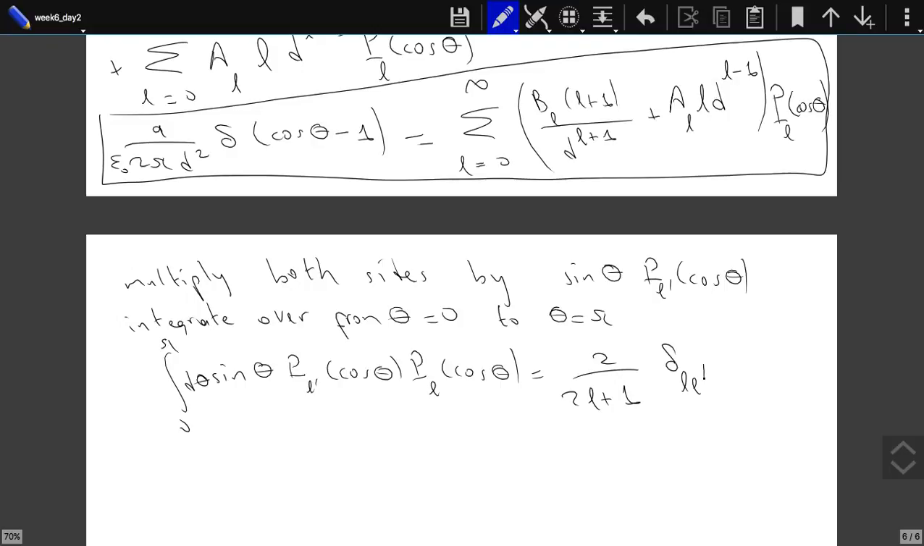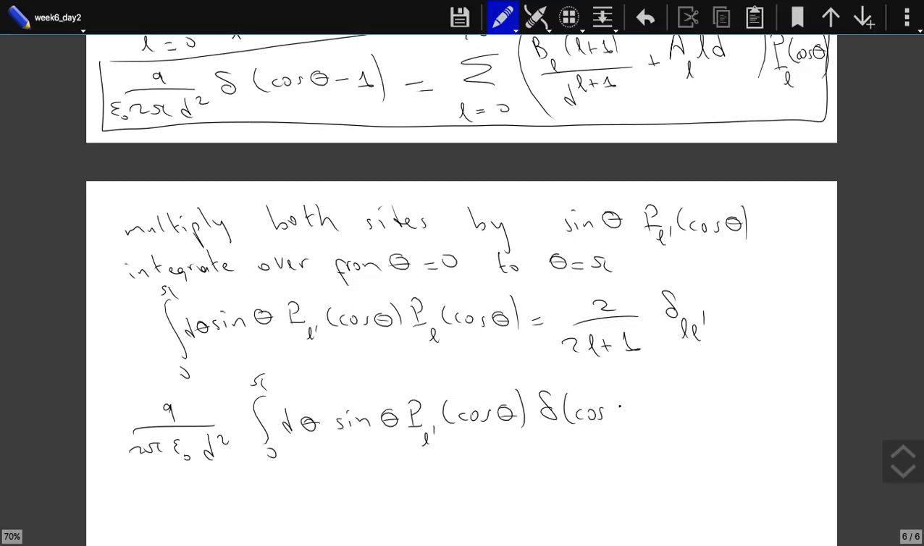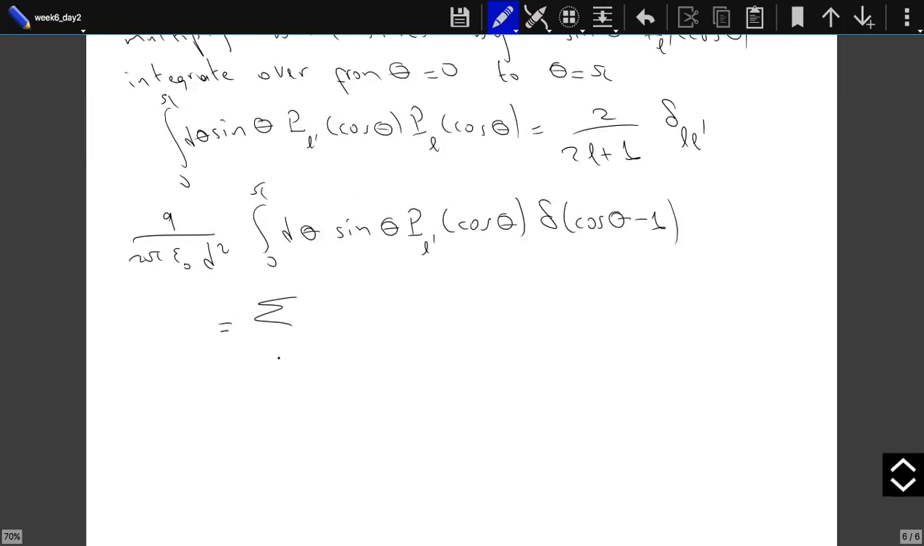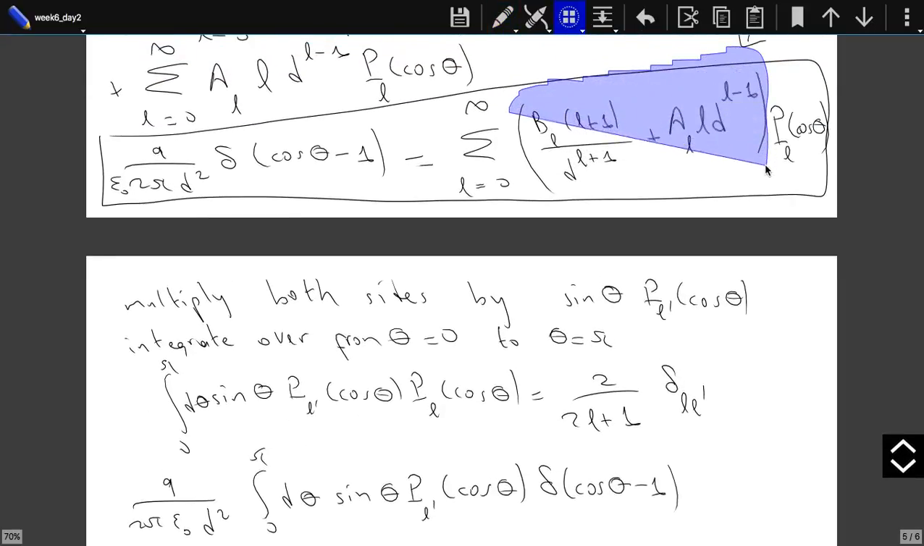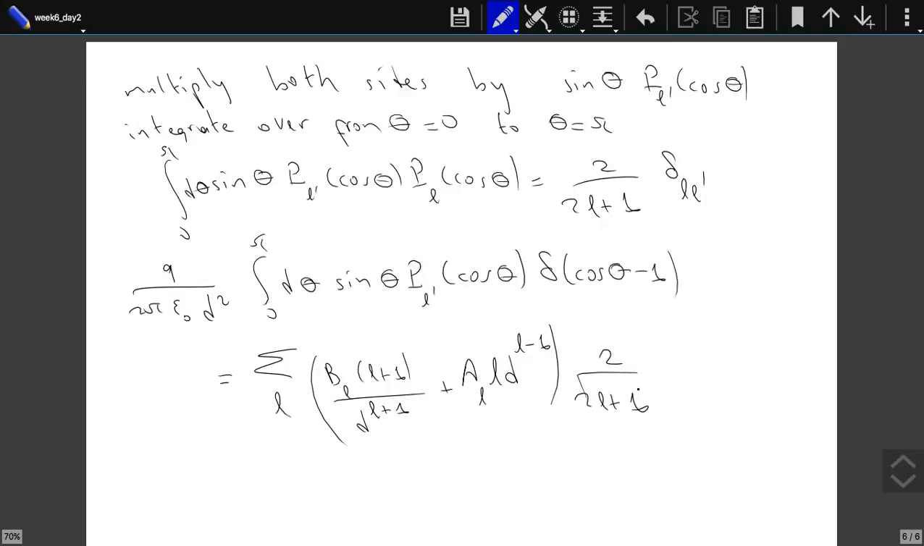So on the right-hand side, I already have the P_L of cosine theta. So I will multiply it with this function and integrate over theta from 0 to pi, such that the P_L of cosine theta in that sum will be converted into a Kronecker delta, which basically tells me that although I have an infinite sum, only one term will contribute after I evaluate this integral. So, if I do the same thing on the left-hand side, I would obtain q over 2 pi epsilon 0 d squared, integral from 0 to pi d theta sine theta P_L prime of cosine theta Dirac delta of cosine theta minus 1. This should be equal to the sum over L of this combination,